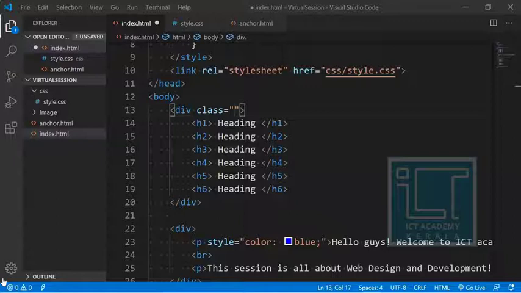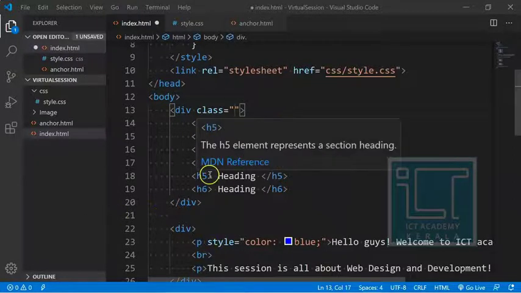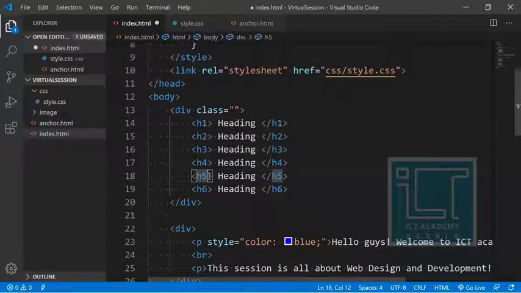Now, coming to an ID: in schools, colleges, and at work, everyone is given a unique identity card. Each ID card is unique by its ID number, so the ID number will be different for each student. Also, the contents of the ID card will be different. Similarly, the same concept applies here too. An ID will be provided only to a single, unique element. If I want to give a style only to an H5, I'll give it an ID with a unique name, and that ID name cannot be shared with any other HTML element.